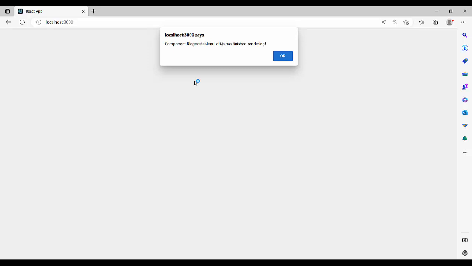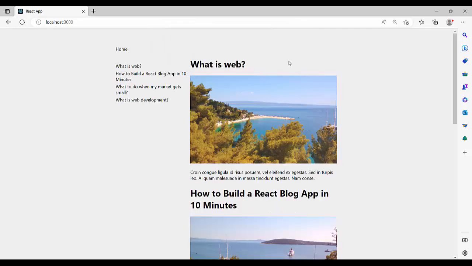Left first and this right position next. Okay. Here it is, blog post menu has finished rendering. It is on the home page. It is the second component, second child, and after that, okay, app, the parent, app.js, will be rendered. App.js has finished rendering, and now we can see our